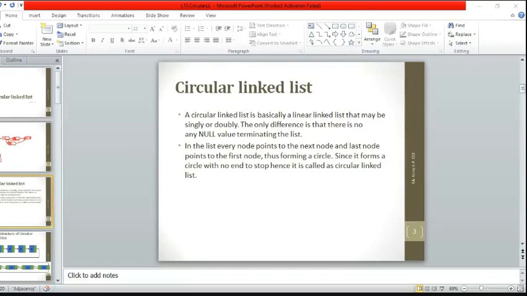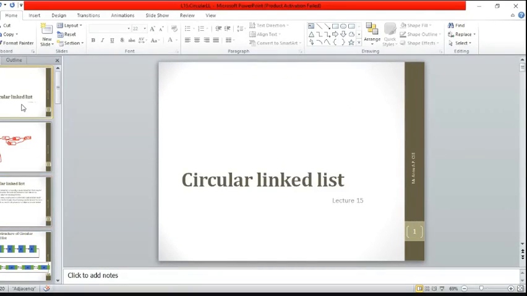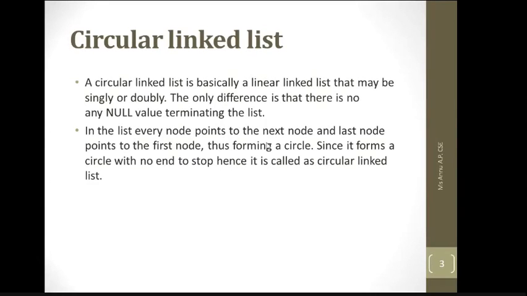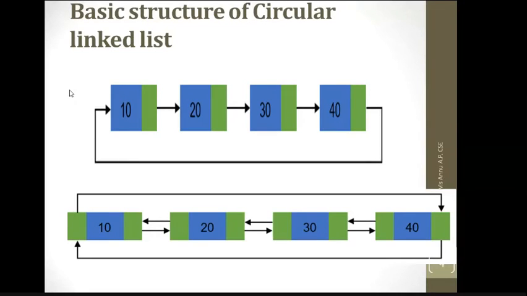Means we are utilizing the null pointer here, because we have already allocated the space to the last pointer. You can see the example here. In a singly linked list or doubly linked list, what was the situation? The last node will be having the null as its next node, but in circular linked list, what we basically doing, we are just utilizing this space also, because this space can be utilized to store some kind of address, so that it will become more easy or more feasible to access such kind of list.